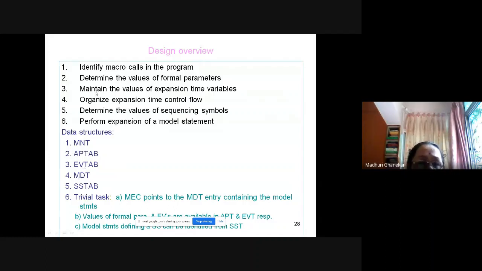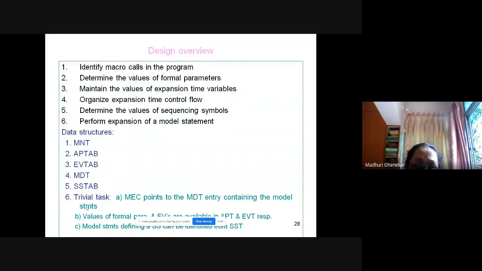What do we do? Organize the expansion time control flow. From the third step up to the MEND statement, every statement we write into the MDT, the macro definition table, including the MEND step.